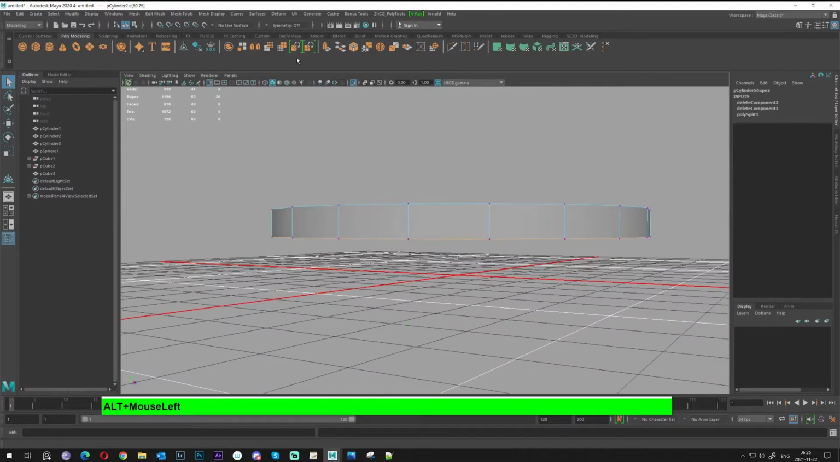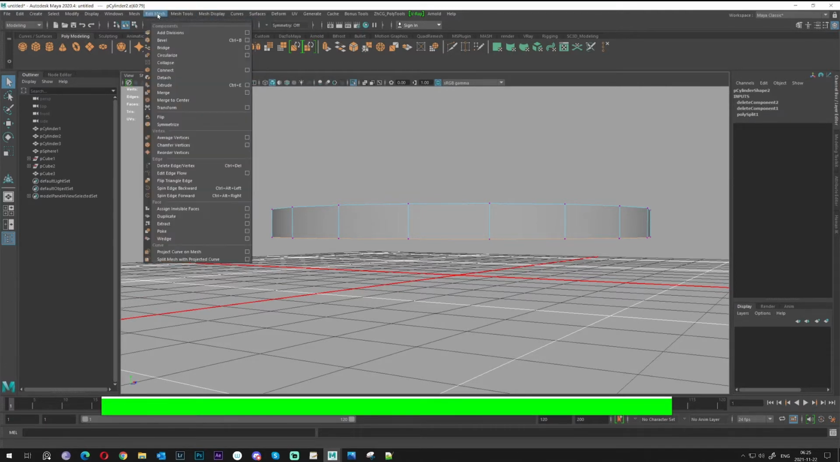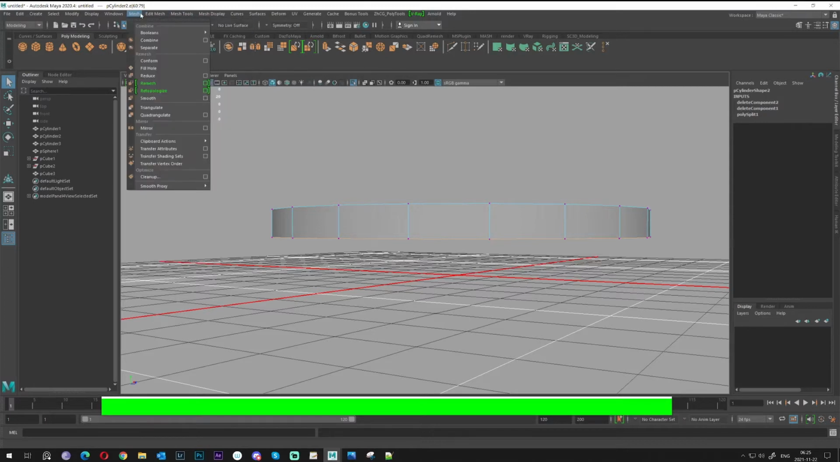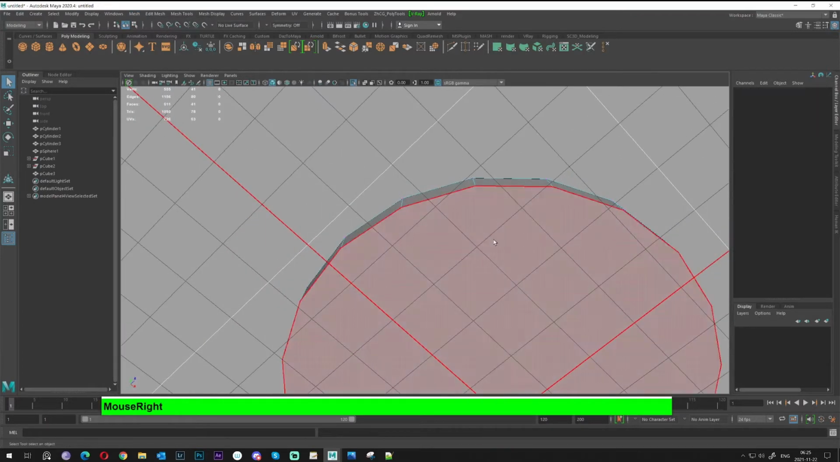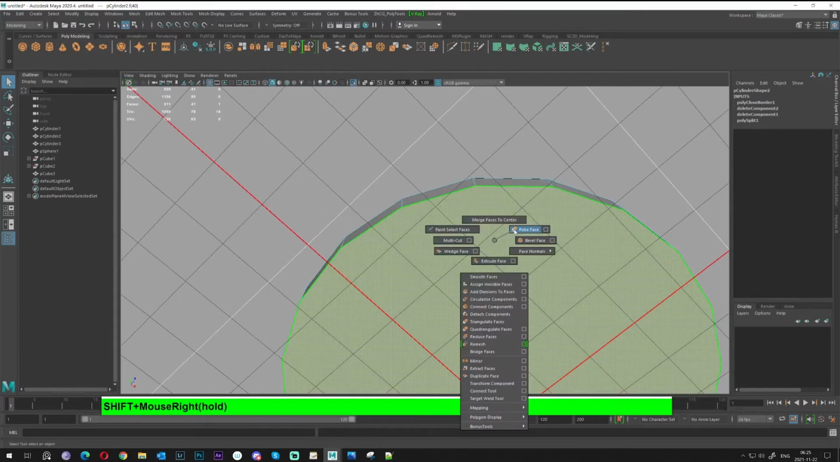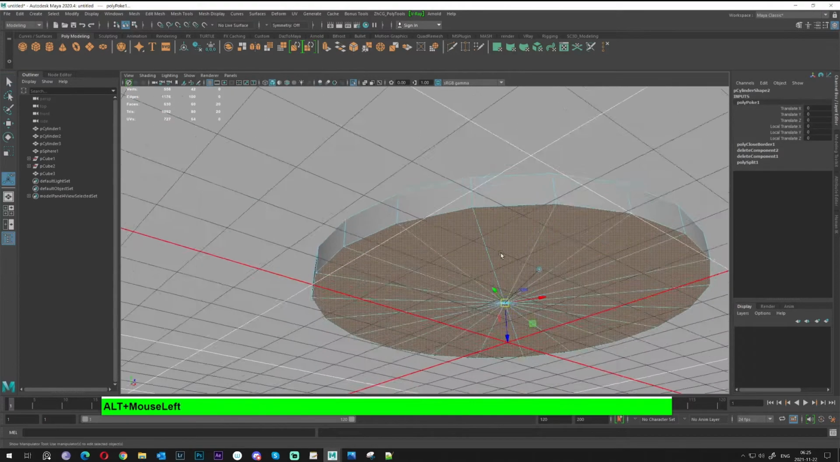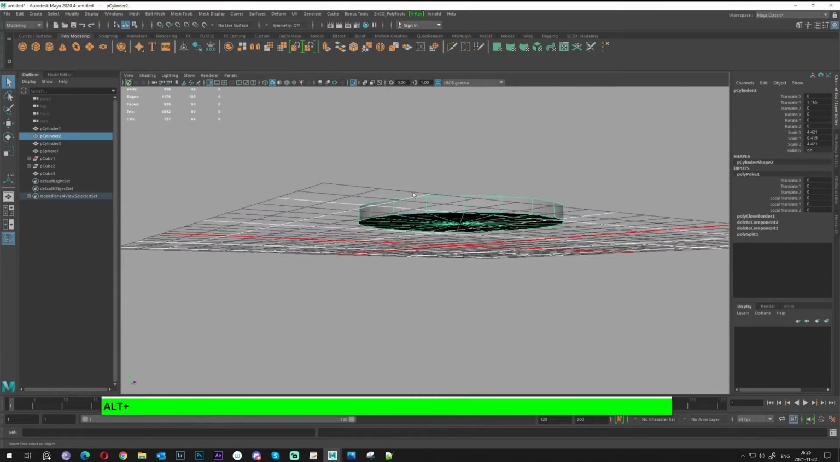Oops, this is not a fill hole. Okay, we don't have a fill hole in here, so let's go to mesh and fill hole. Awesome. Select the face, shift right click and poke. Okay, so basically we have this